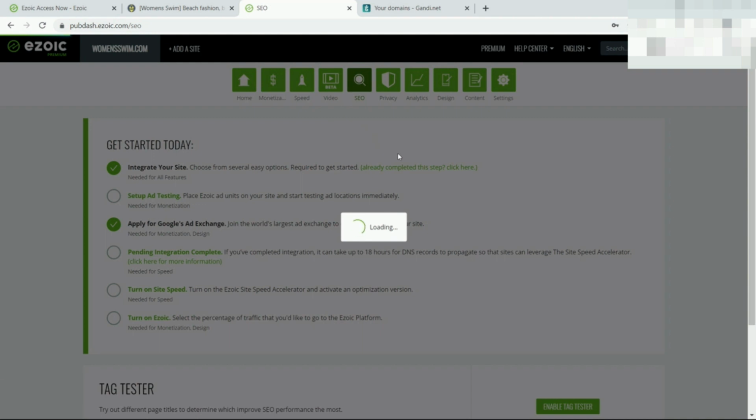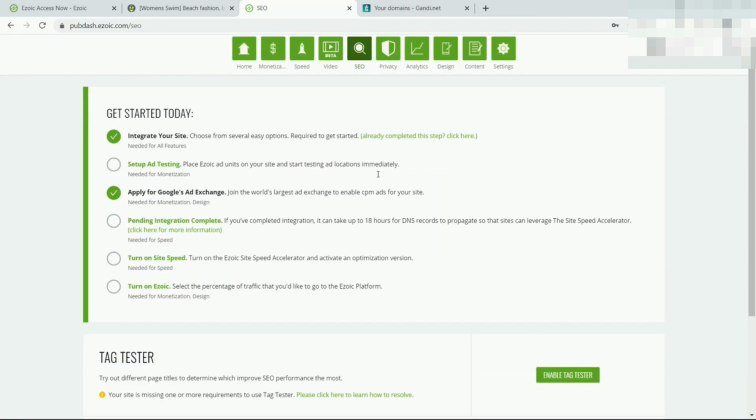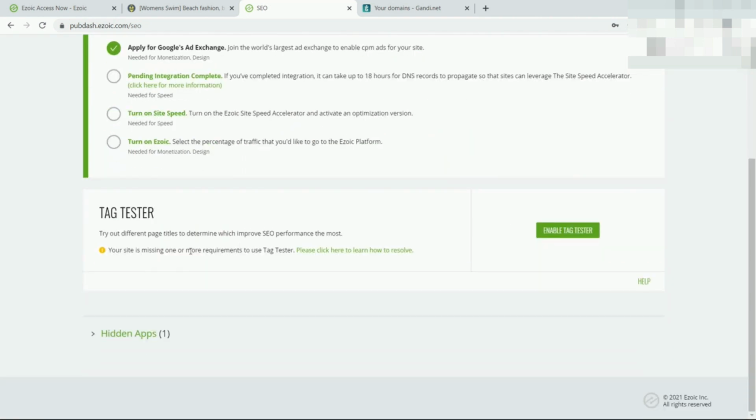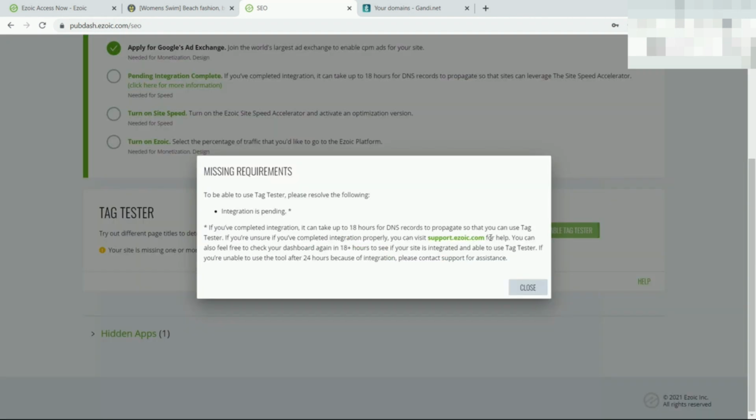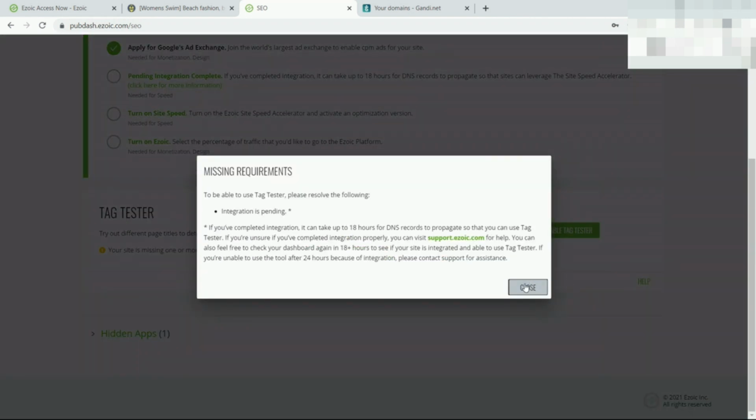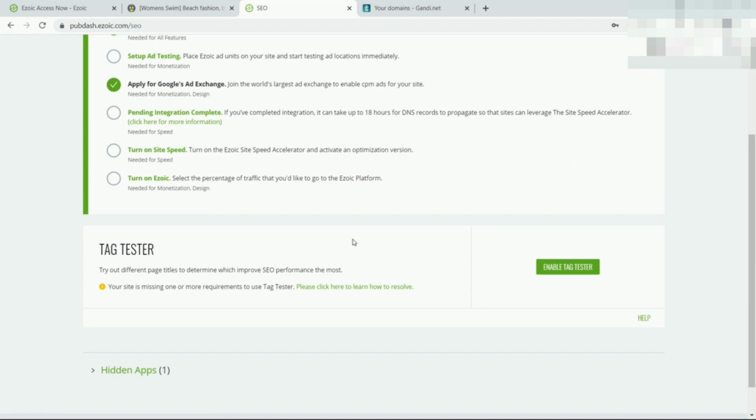We will also have access to the SEO tag tester. Oh, we can already enable it. No. Integration is pending, so not yet. But once the integration is done, the tag tester will allow us, for each of our URLs, to tell the Ezoic system, the Ezoic CDN, to try different titles that we give. So, for example,